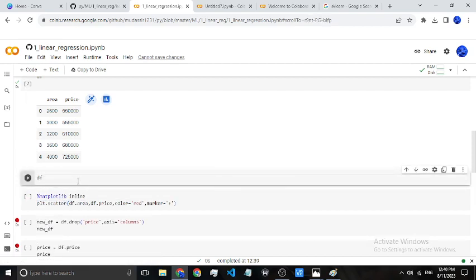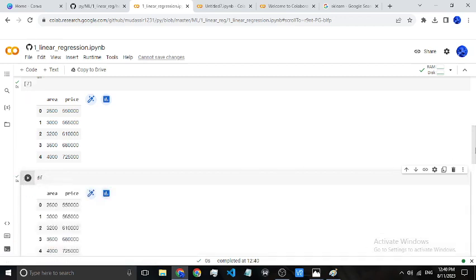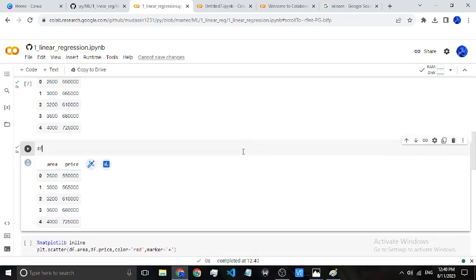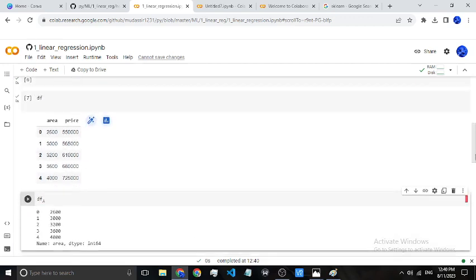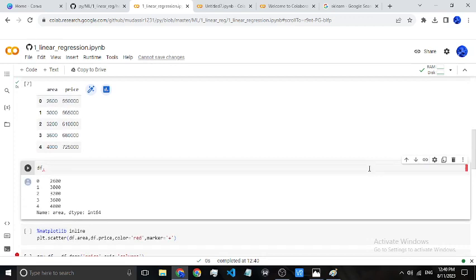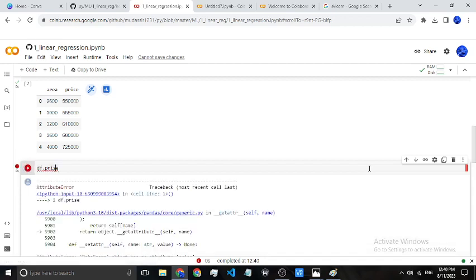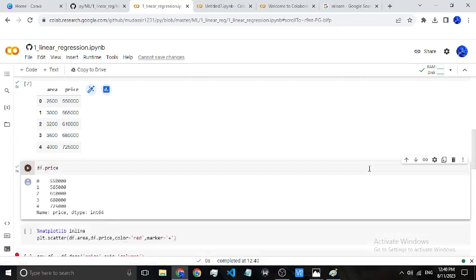If I print df, just df, it will give me the full tables, all the two tables. Okay, and if I write df.area, it will just print the area table. Okay, it will give me the values which are there in just area. And we had another table which is price, and if I write selling price, and if I give it as price, it will print the values which are there in the price table